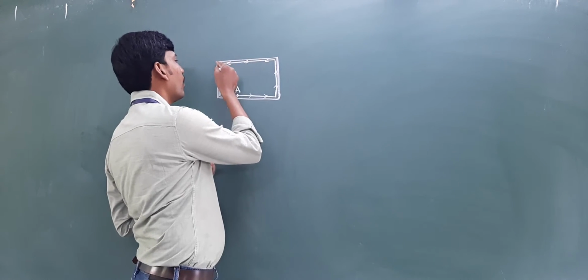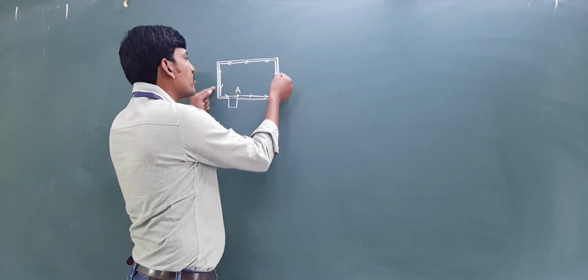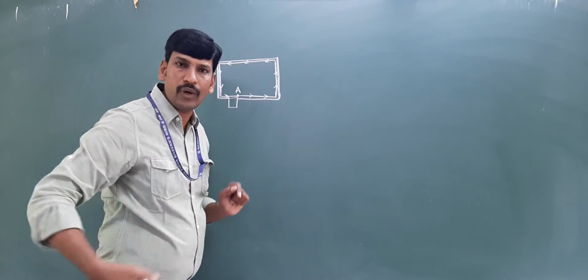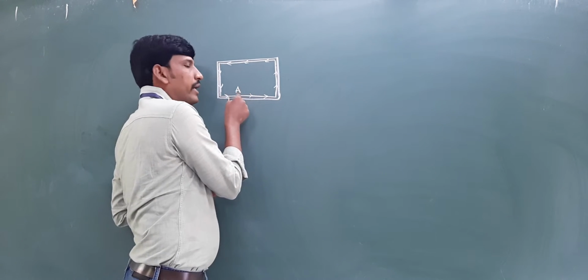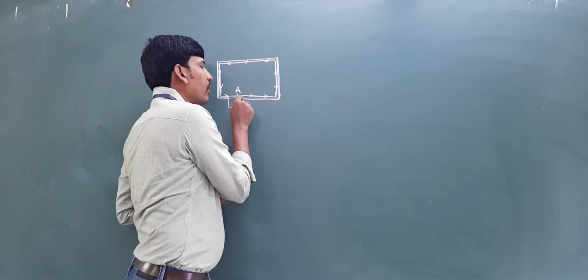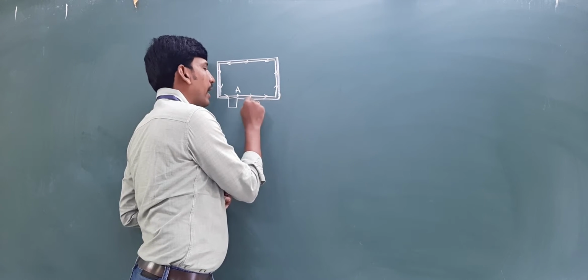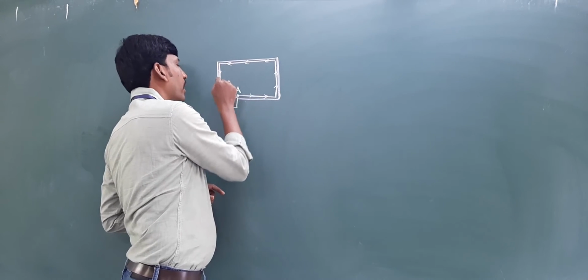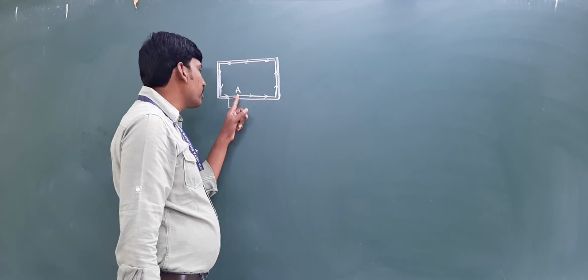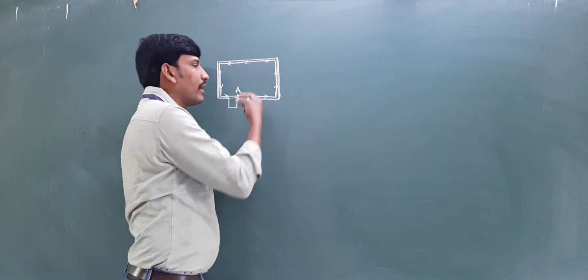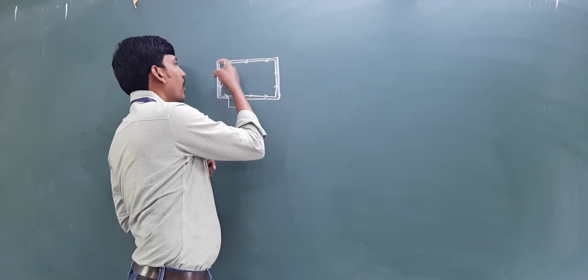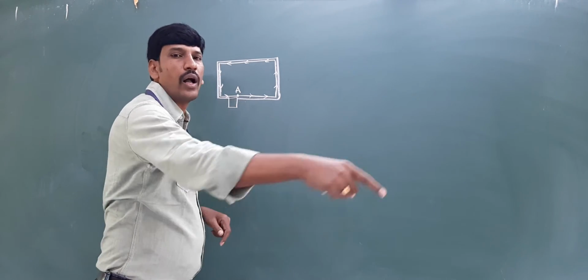So he covered some distance along the line, or along the compound wall. This is one of the closed figures. Our compound wall also will be a closed figure. So a person starts from this point A, walks along the wall, means this line, and completes one round. Finally he reaches point A again. So what is this called? A person covers this distance along the compound wall, one round.